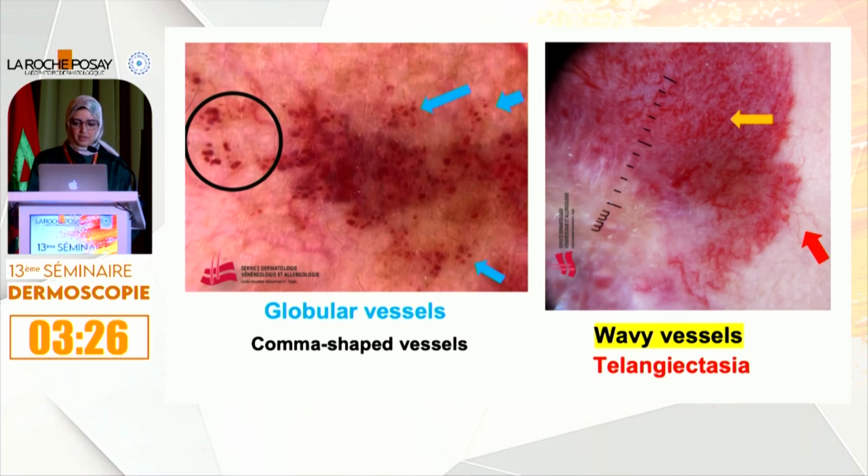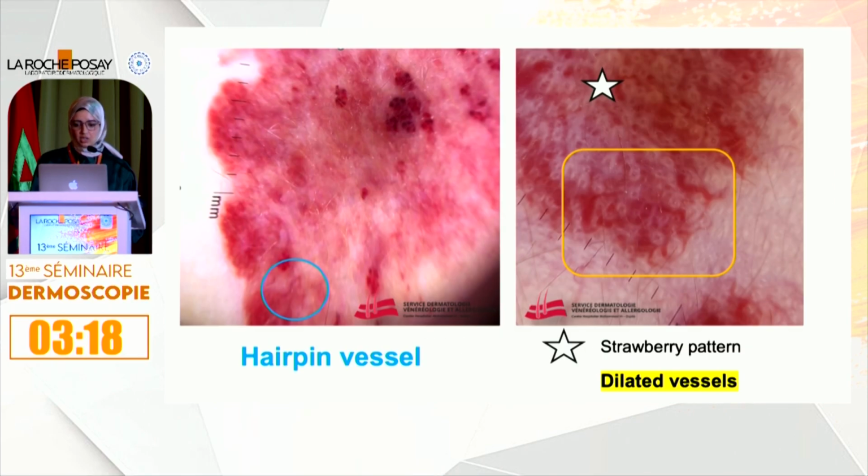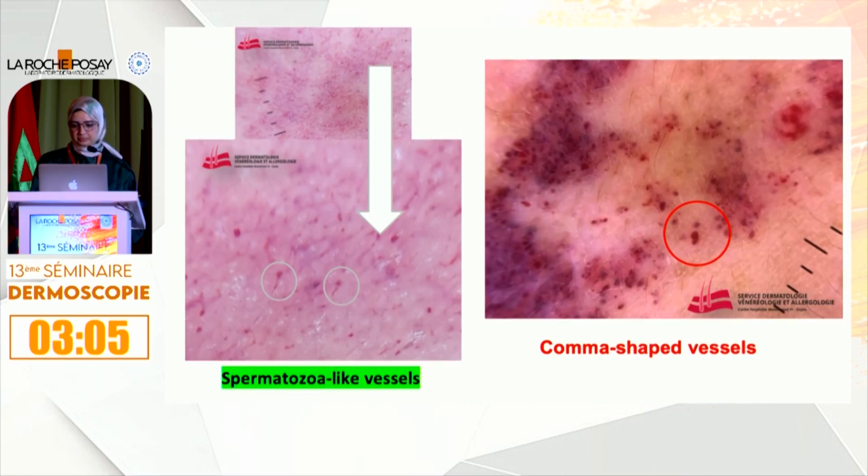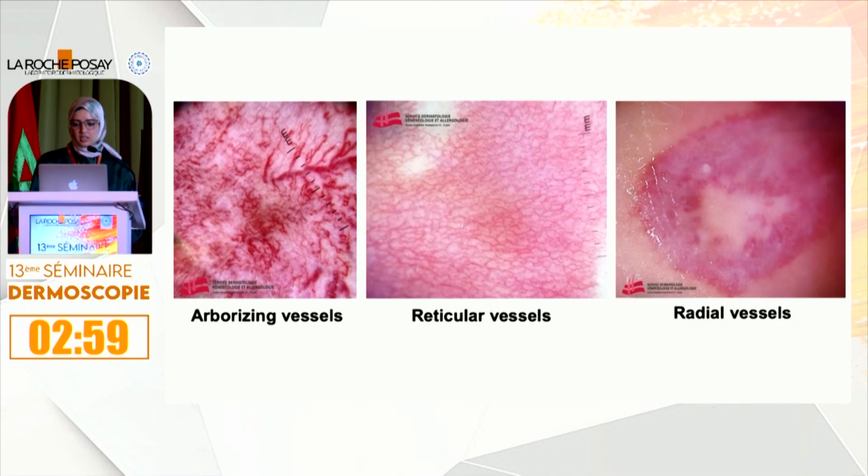On the left, we have globular vessels in blue and gamma-shaped vessels in a black circle. On the right, wavy vessels and some telangiectasia. On the left, a hairpin vessel, and on the right, a strawberry pattern with some dilated vessel boxed in yellow. Here we have corkscrew vessels, glomerular vessels in green, and telangiectasia pointed with a red arrow. Here we have spermatozoa-like vessels on the left and gamma-shaped vessels on the right, arborizing vessels, reticular vessels, and radial